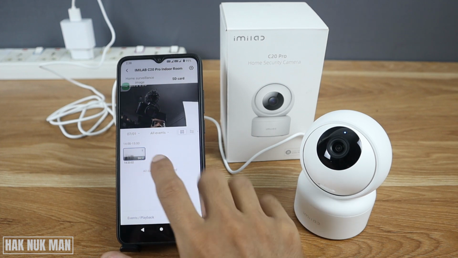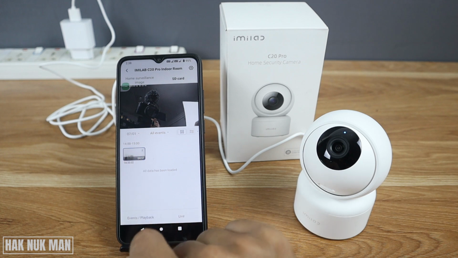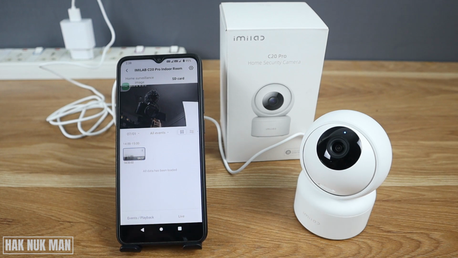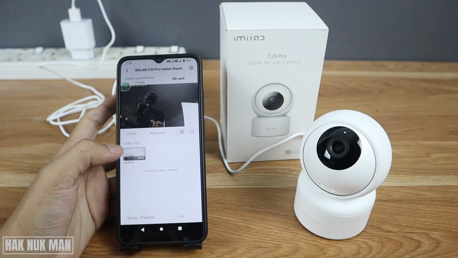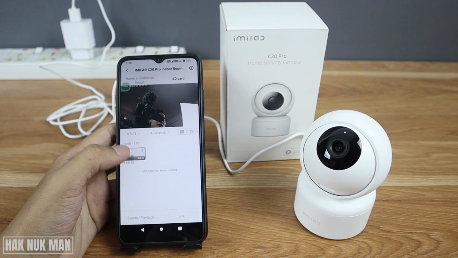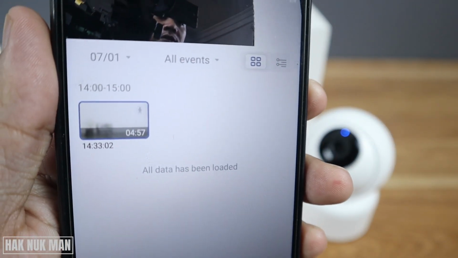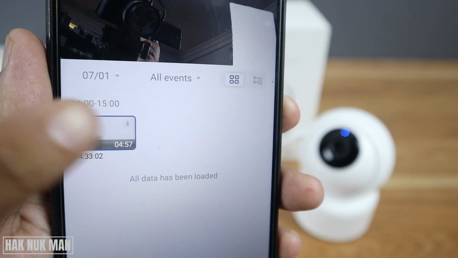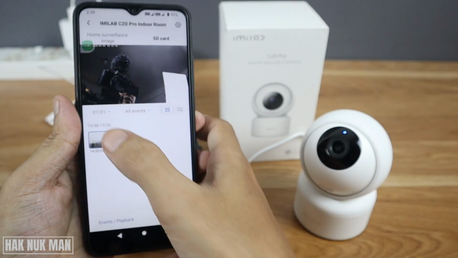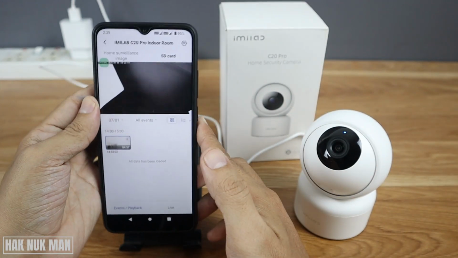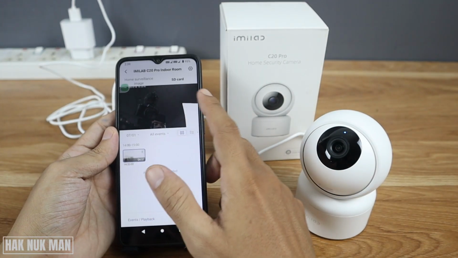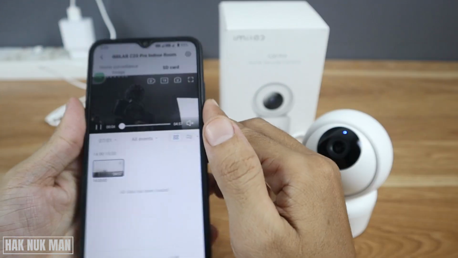For now I only have one recorded because we just set it up and have used it for a short period of time. To play back that one, select that time. You will see the details here, the time and the date, for each of them. So select one of them, and now it's playing back, and you can see the full screen here,